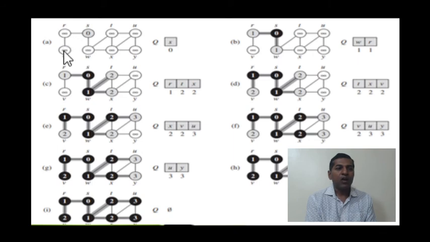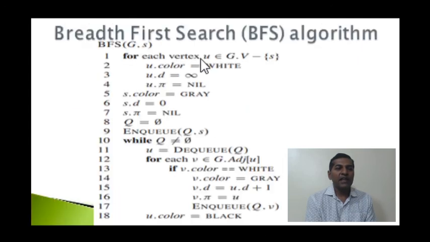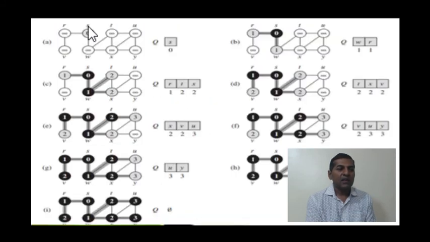Before that, we made almost all the vertices have distance infinity. There is no connection, no predecessor to them. That is what we have done initially here. So almost all the vertices are made white, with infinity distance from the source, and all the predecessors are nil. There is no predecessor there. That is what we have done in the initial stage.